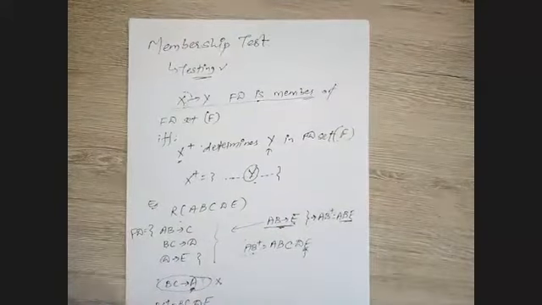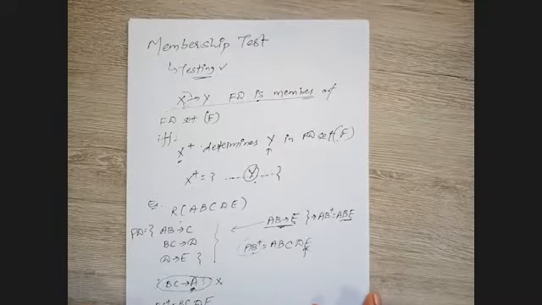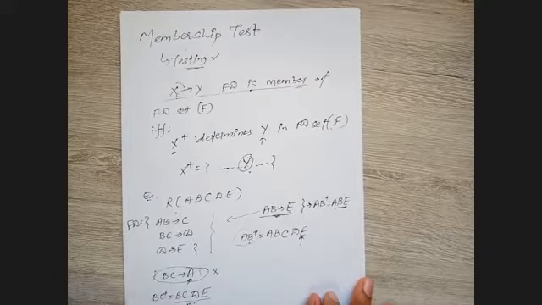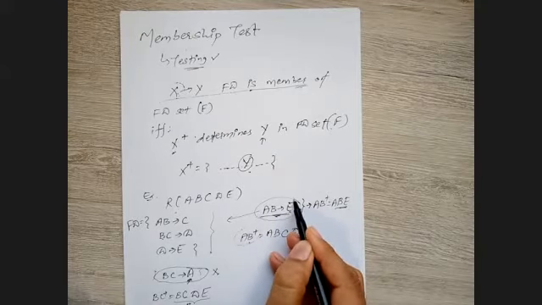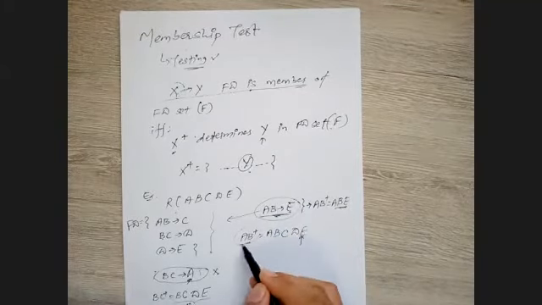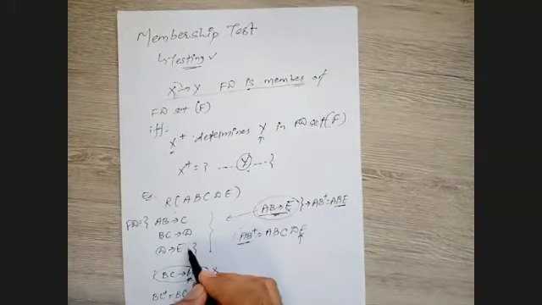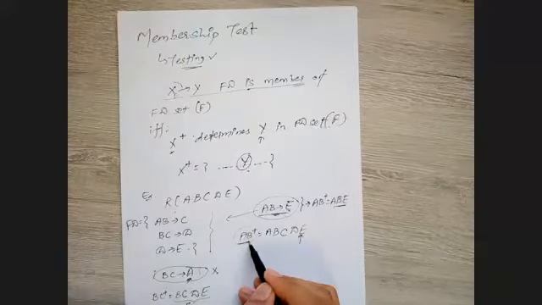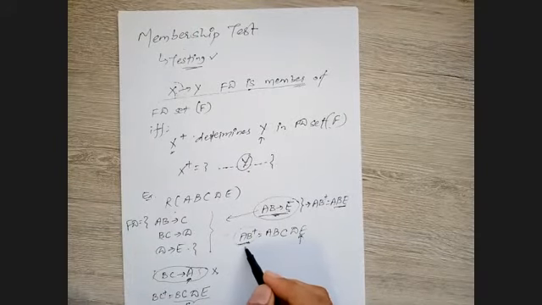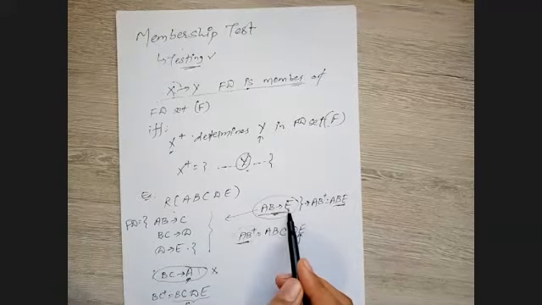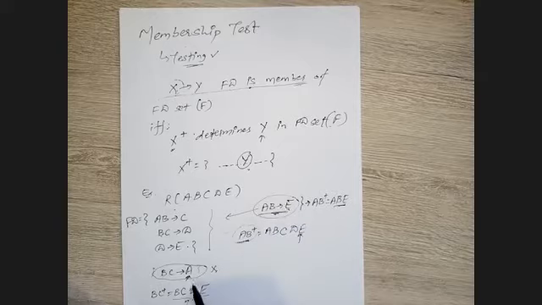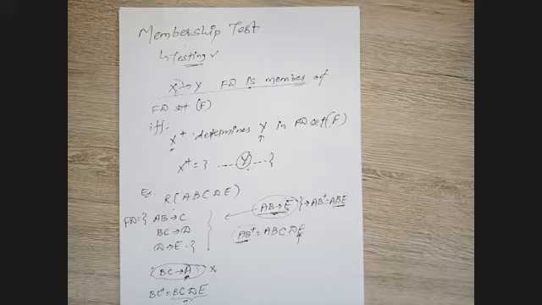I hope this is easy to understand. But keep this in mind, a common mistake a lot of students make. When finding the AB closure, for example, most students take this dependency as part of the set, and overall find the AB closure including it. Obviously that is trivial, because definitely you are including this part and 100% you will get it. But this is not the case. Exclude the dependency for which you are checking, and then identify with the rest whether you can get the right-hand side attribute or not.